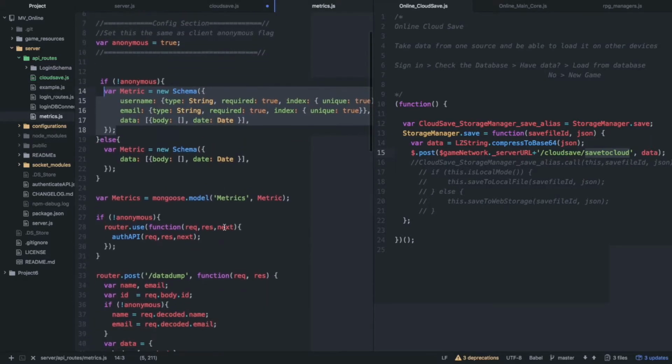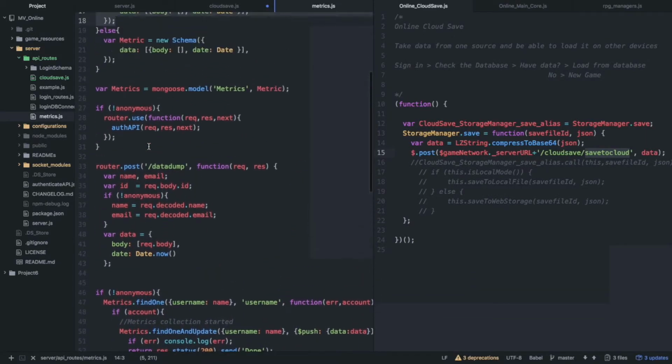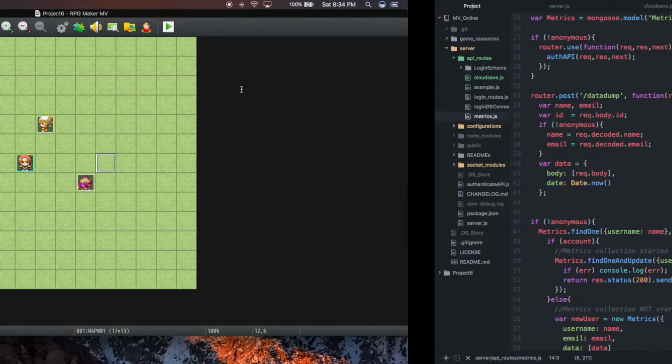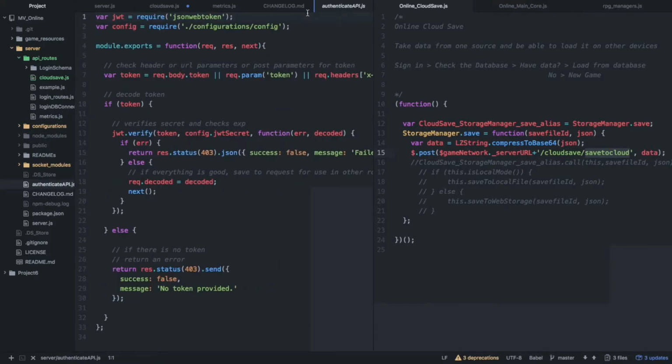So let's look back at metrics. And if we look here, it's a little convoluted, but the biggest thing, yeah, we should probably talk about that, huh? All right, so the API module actually forwards on this decoded name and decoded email. So really quick, before, I know this is a little bit more complicated, but if we go into the authenticated API,